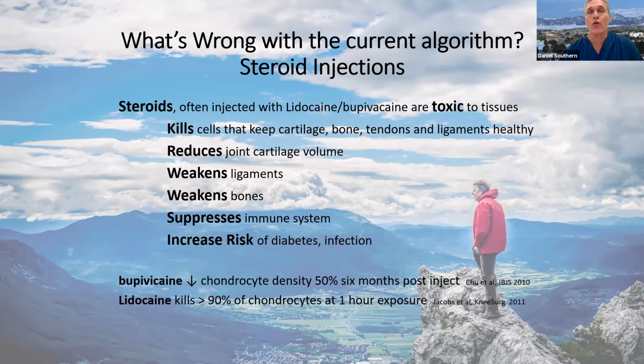Steroids reduce the joint cartilage volume. Steroids weaken ligaments. It weakens bones. They suppress the immune system. They increase your risk of diabetes and your risk of infection. They're really not good. And in the laboratory, if you add steroids to anything that you're growing in culture, it